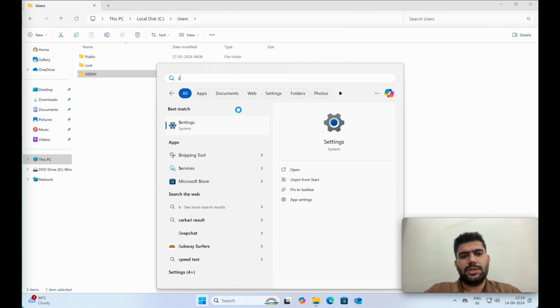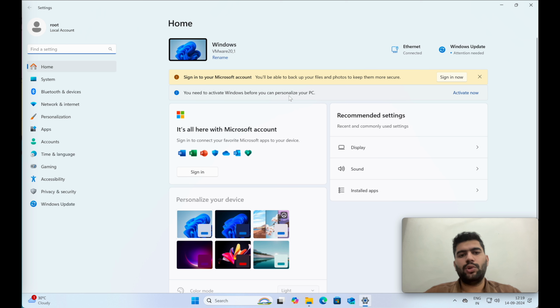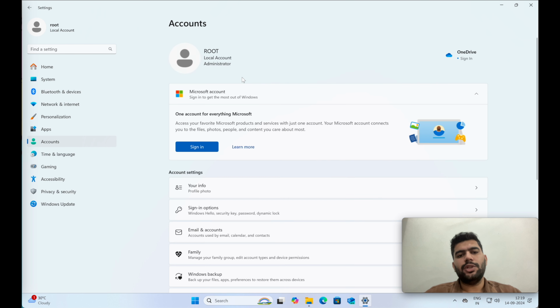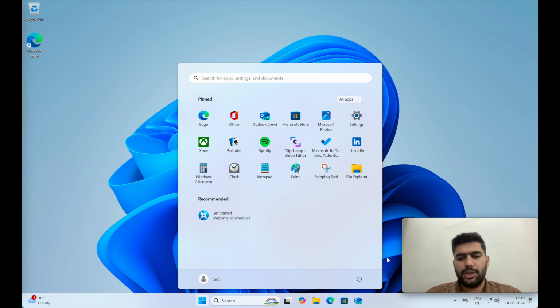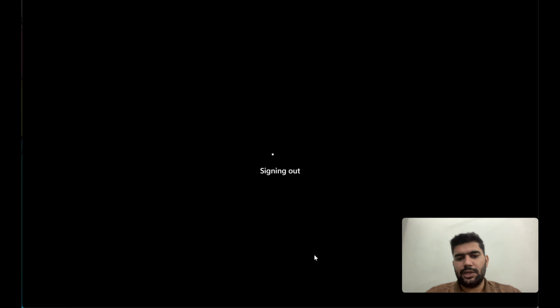If you check the settings of the system and just want to check what privileges the user has, you can see we have the administrator privileges, and you can access all the settings and all the options, all the data available in that system. Now after getting the data, after creating a backdoor, anything that you want, after performing your actions, all you have to do is just log out of the device and remove this particular root user. For that, let me just sign out,